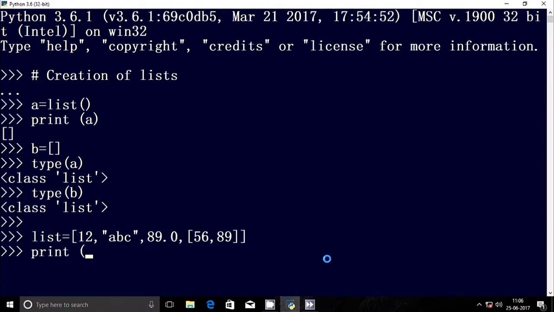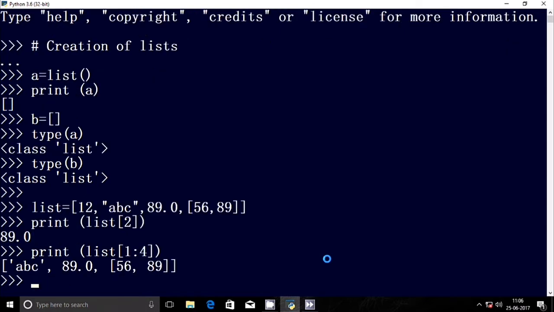If you want to print the third value, that is with index value 2, you will write code like this, and the third value is 89.0. You can also use the slice function to display the result like this. Remember that the initial value is included but the last value is excluded. So this is how you will print the values from second to fourth, that is ABC, 89.0 and the inside